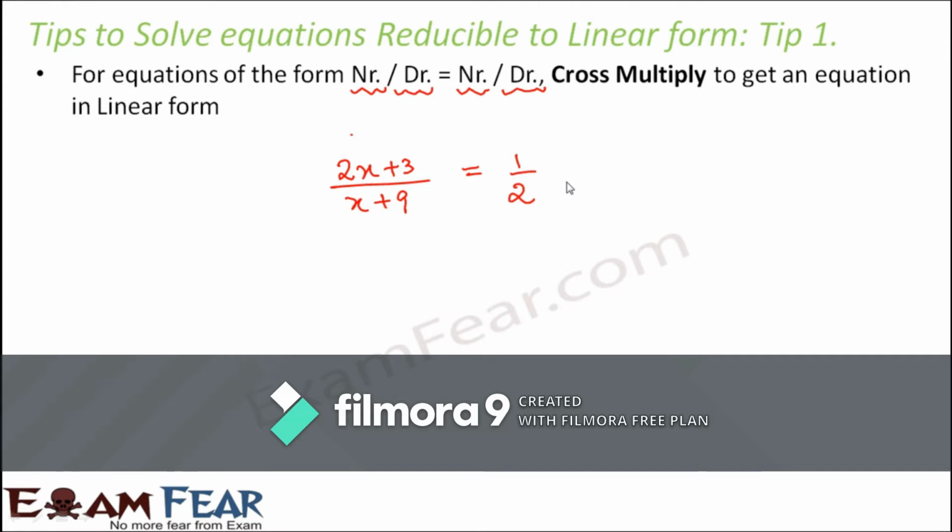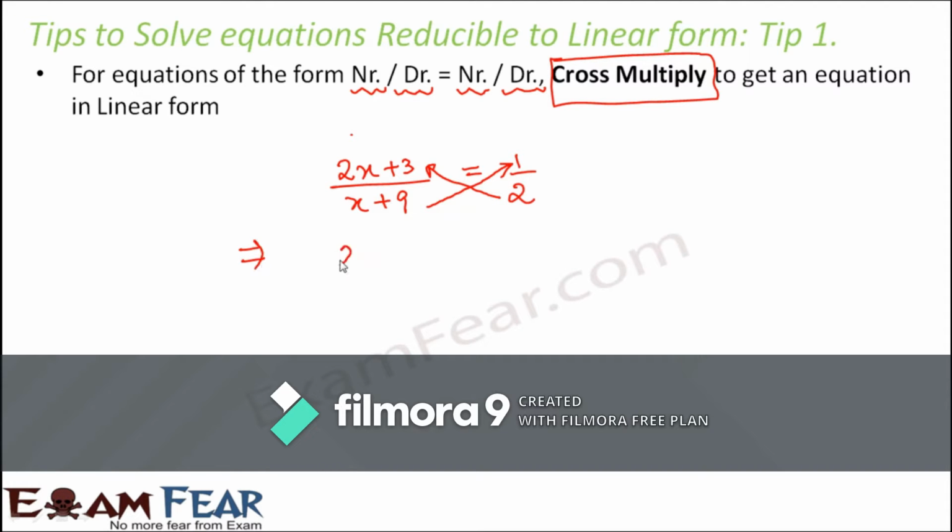When you look at this equation, it doesn't look as simple as the usual linear equation, right? So you feel that you don't know what to do. The only thing that you need to do in this case is make your first step to cross multiply. Now what do we mean by cross multiply? Cross multiply means you multiply the denominator on the right hand side to the numerator of the left hand side. Similarly, you multiply the denominator of the left hand side with the numerator on the right hand side. That is called cross multiplication.